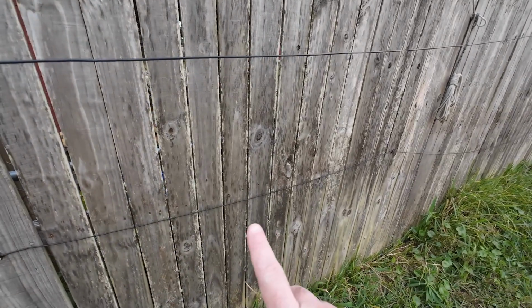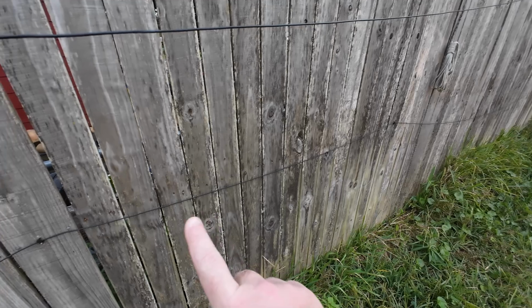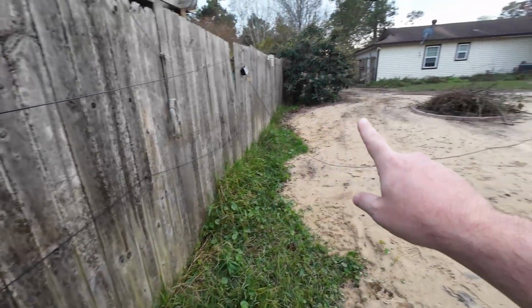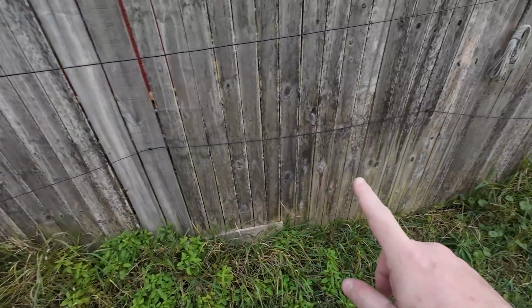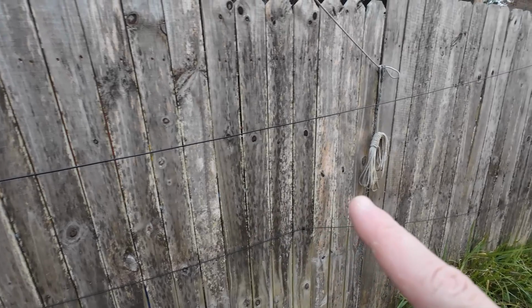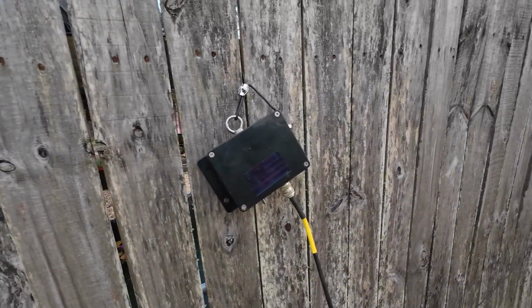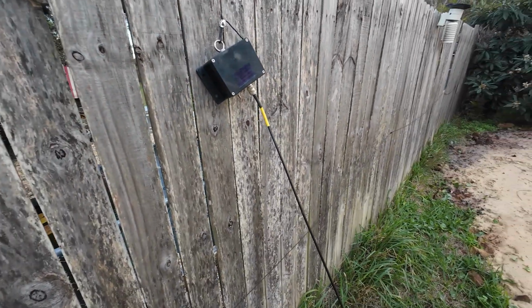In case you're curious, that other wire you see right here, that's my big receive loop that goes all the way around the entire backyard. My smaller one's in the grass over there. Anyway, the end fed comes here, and then I just got it mounted there with, it's going to be 150 feet of coax. So I got, this is a 50-foot jumper